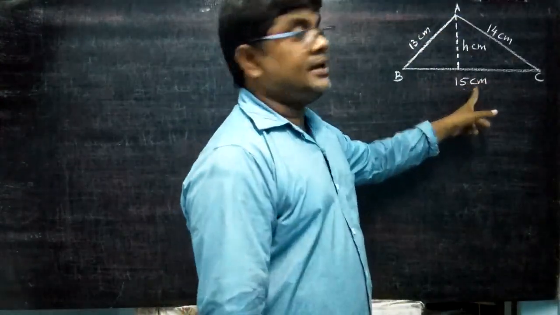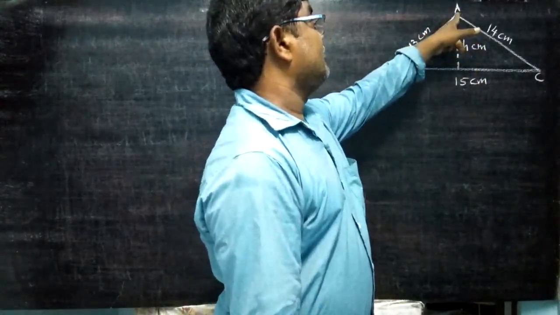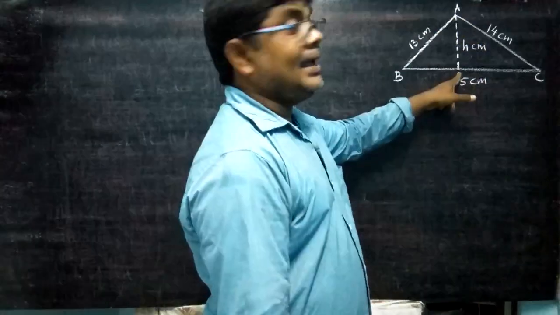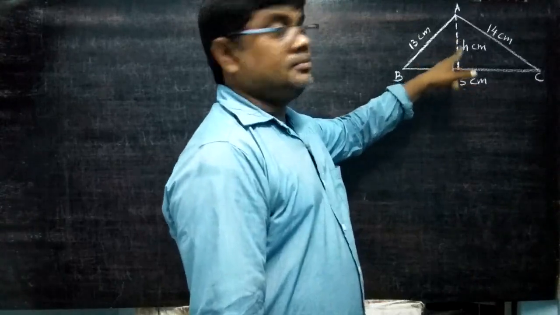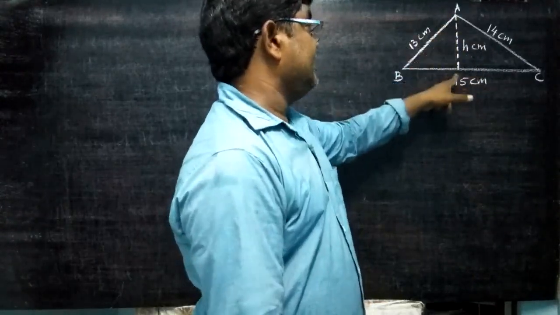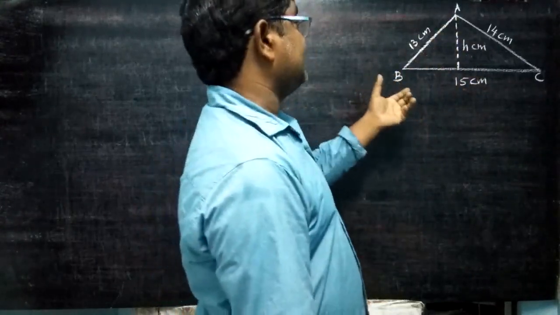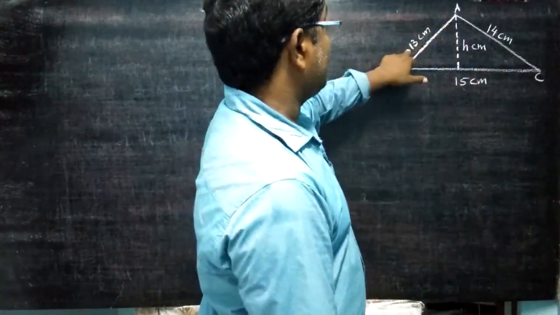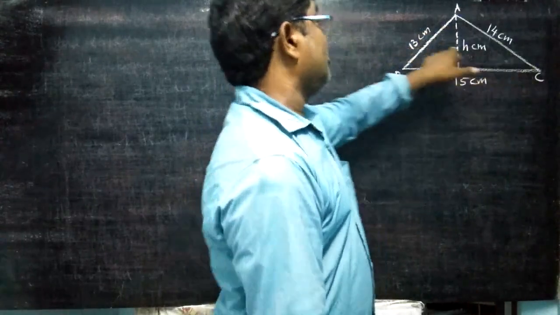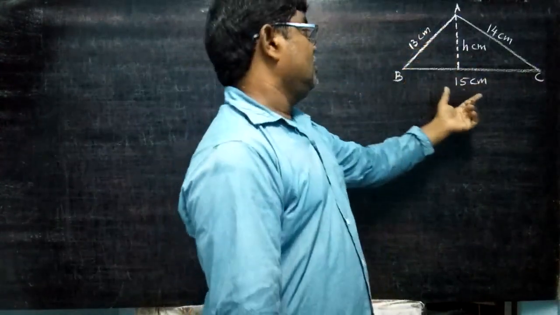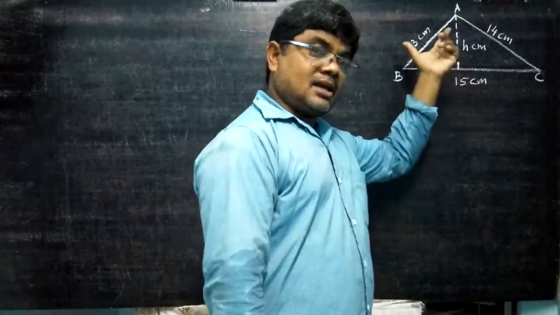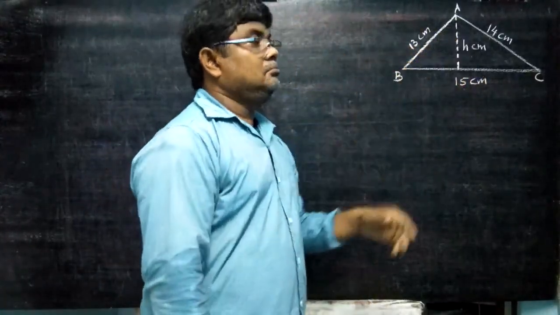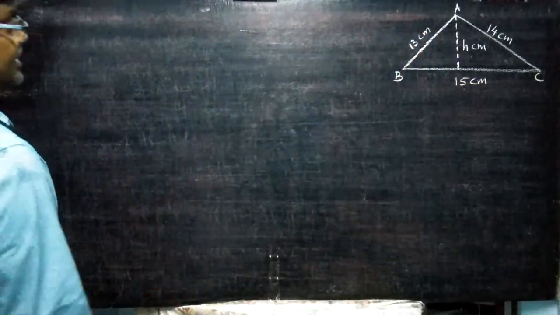15 is the longest side. So from the vertex to the opposite side, it should be an altitude. Height or altitude means 90 degrees here. That will be the height, the exact height. Next, they ask for the longest side. Sometimes they may ask for the shortest. Shortest means 13, so from C you have to draw. Don't think they'll always ask for the longest. They may ask for the shortest, or the middle or medium side. Now listen carefully.